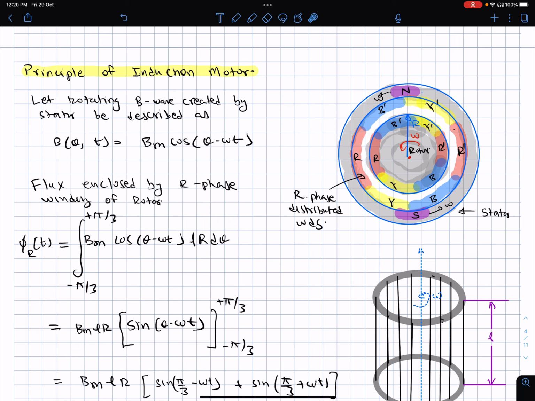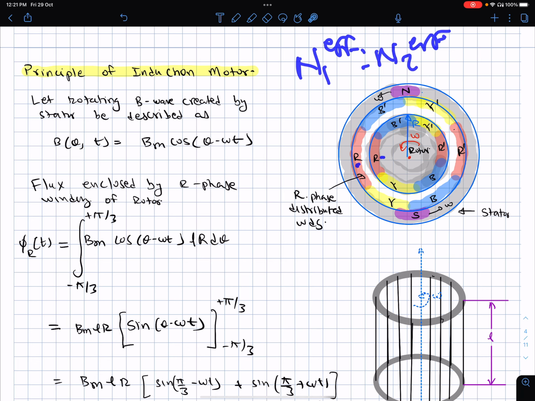the rotor, how do I show the sweeping of a rotor? It is tough to show, but imagine that as it sweeps the rotor, there are three-phase windings on the rotor, and the effective number of turns are n1 is to n2. I call it effective because it's not just plain n1 and n2. There is a factor which will have to be accounted for due to the distributed nature of the winding, but that's a secondary aspect. I have been postponing that discussion and focusing more on the important essential facts. But you have n1 effective is to n2 effective, let's call it.